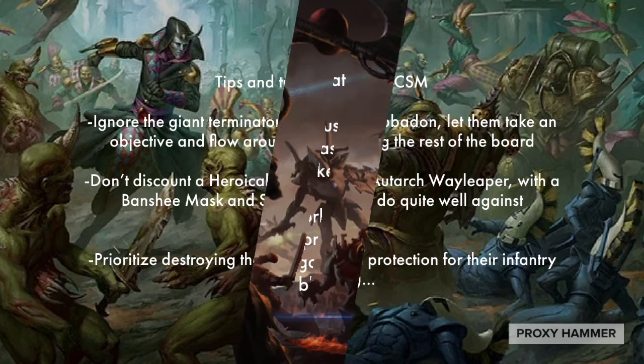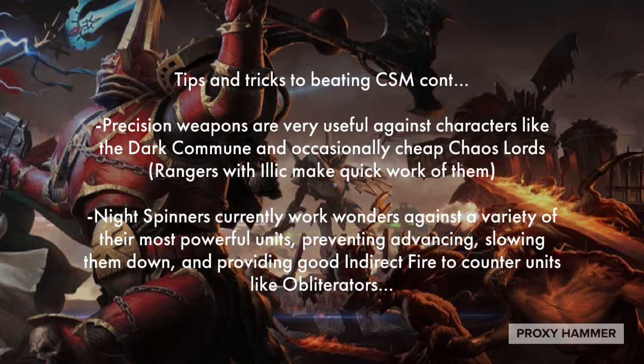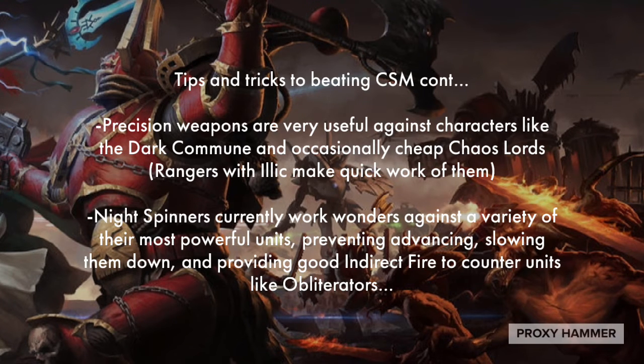And also, I can't stress this enough, precision weapons are very useful against characters like the Dark Commune and occasionally cheap Chaos Lords that your opponents will be bringing. Rangers with Illic make quick work of both of them. And by the way, Illic is very good at killing Chaos Lords, so if you have a unit of 5 Rangers with Illic, there's good chances that you maybe won't kill the Chaos Lord, but you'll do some significant damage to it,